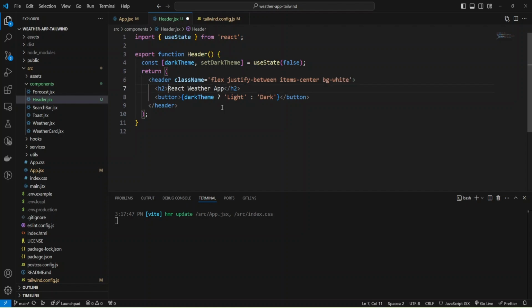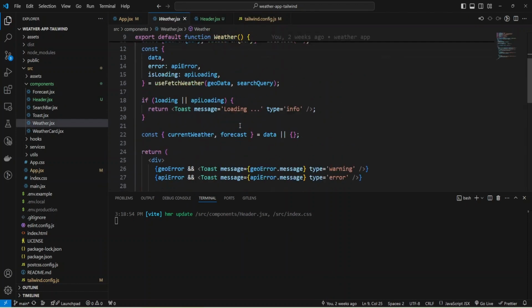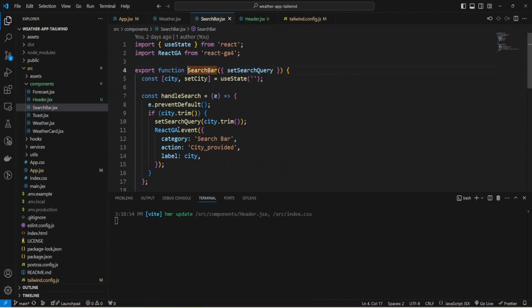And for the h2 tag, I'm going to add a class name and make the text large, and the font will be bold, and add some padding. And for the button, I can copy paste my existing styles from the search bar.